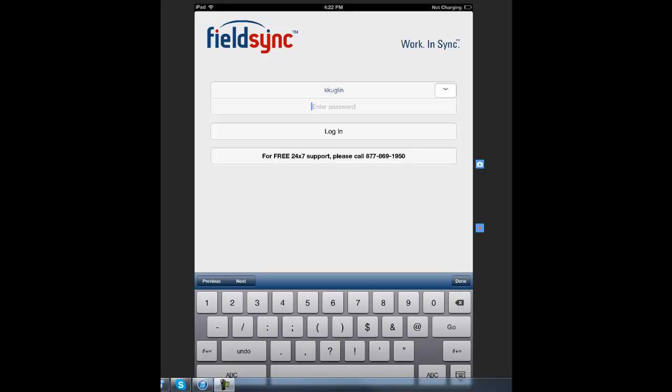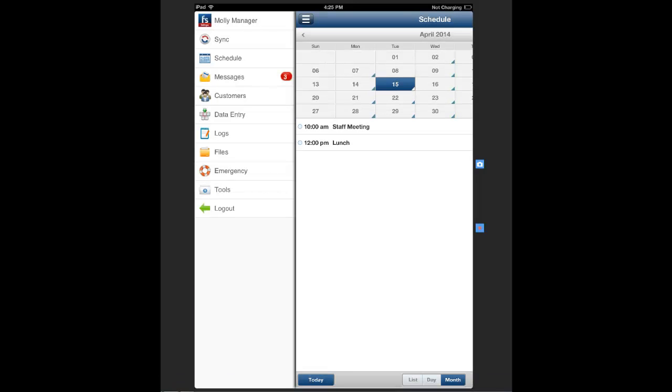Now on the screen you will see I'm connected to an iPad, so this would be the iOS interface. We've updated the login screen to include our new branding. Now, one of the biggest changes that we've made in this mobile application is we got rid of the main menu and we have replaced it with a slide out navigation menu that can be accessed from anywhere within the